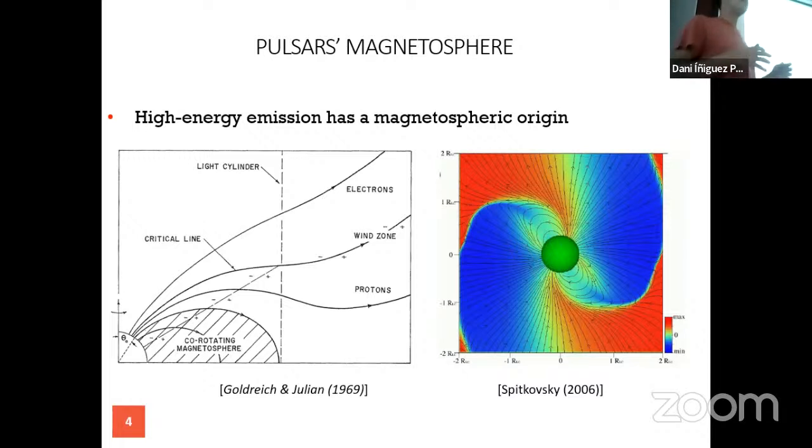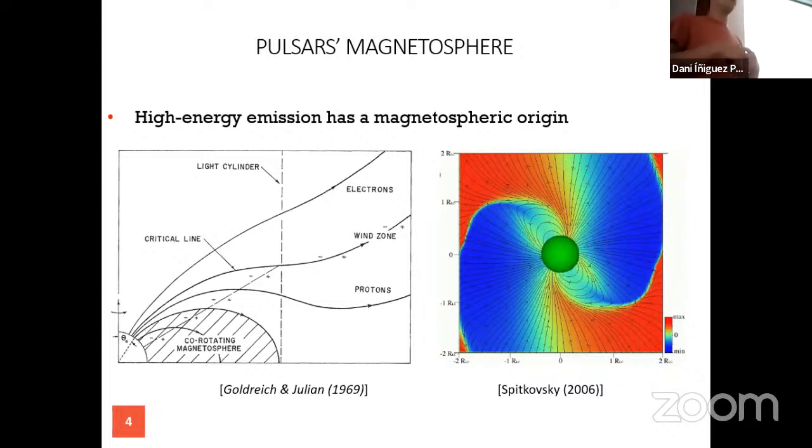But this dipolar approximation has turned out to work quite well. This region is filled with charged particles which form a magnetized plasma, and this magnetized plasma corotates with the neutron star up to a point at which the corotation speed equals the speed of light. This is the light cylinder, and beyond this light cylinder, the magnetic field lines open up, get twisted, and probably